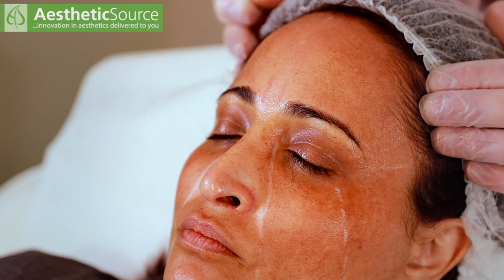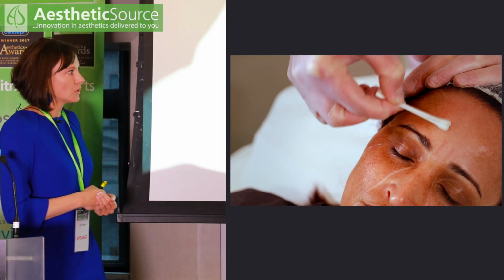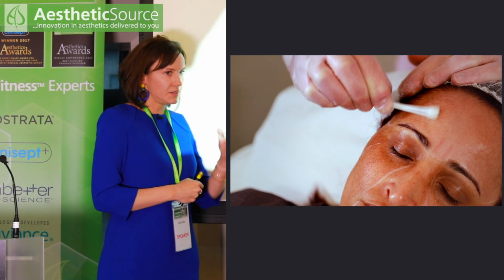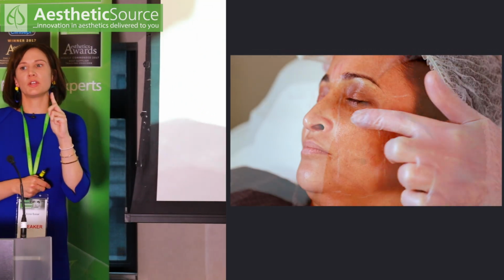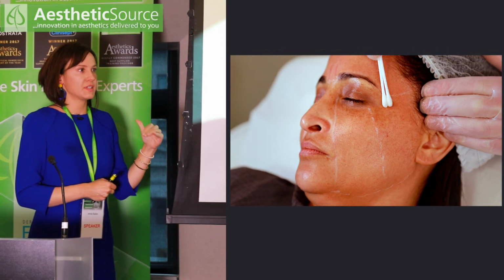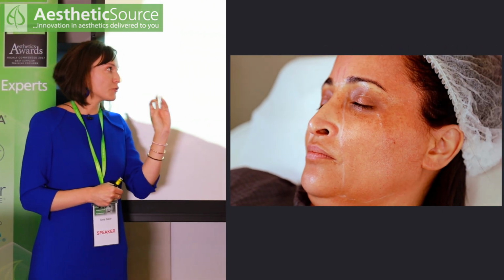And that counts as 1 coat. So sequentially, the face is marked in a very intentional way, because we have to allow time for this irreversible protein coagulating agent to pass through the skin. And when it does that, the skin will respond and tell us in a very clear way exactly where it is. For example,